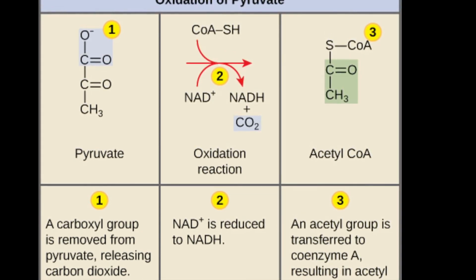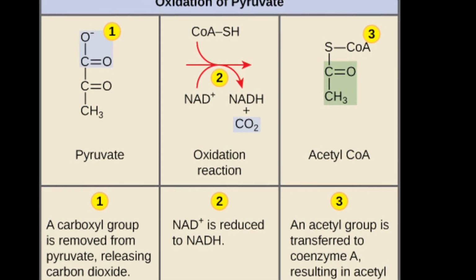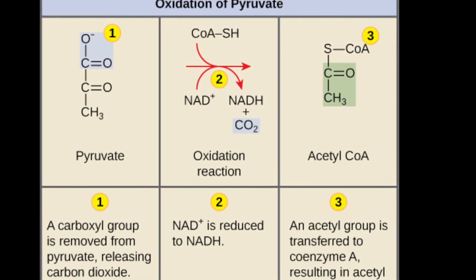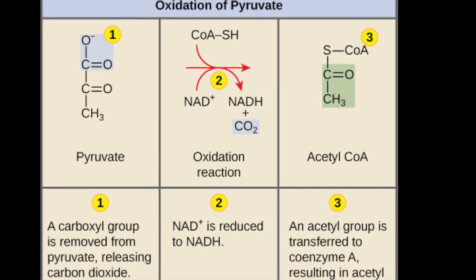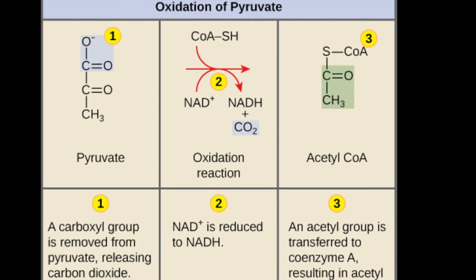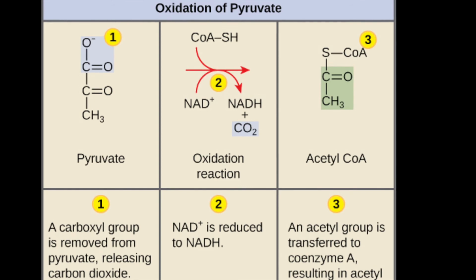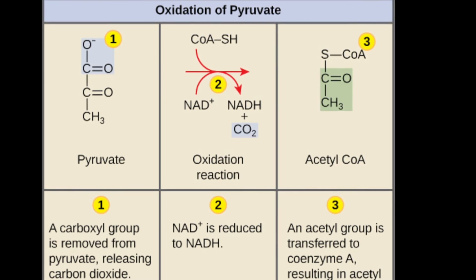Overall, in the citric acid cycle, the acetyl group from acetyl-CoA is attached to a 4-carbon oxaloacetate molecule to form a 6-carbon citrate molecule. Through a series of steps, citrate is oxidized, releasing 2 carbon dioxide molecules for each acetyl group fed into the cycle. This cycle is at the center of cellular metabolism, playing a starring role in both the process of energy production and biosynthesis, as I mentioned before. It finishes the sugar-breaking job started in glycolysis and fuels the production of